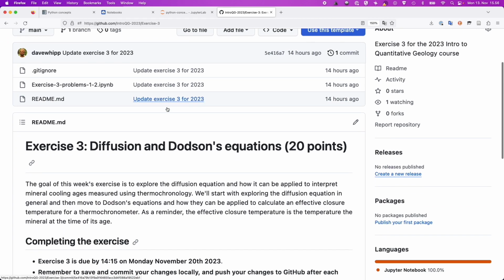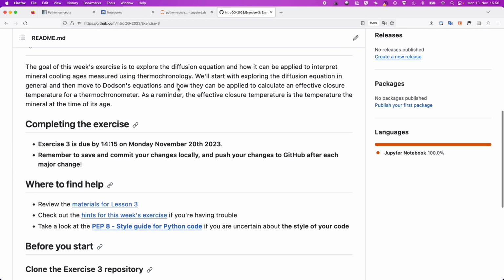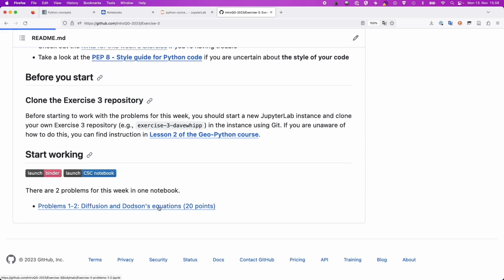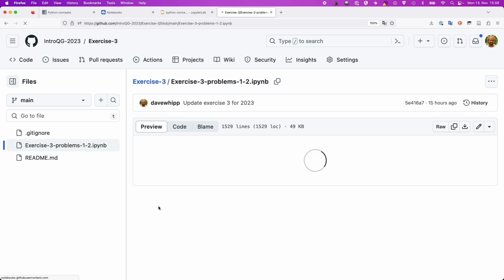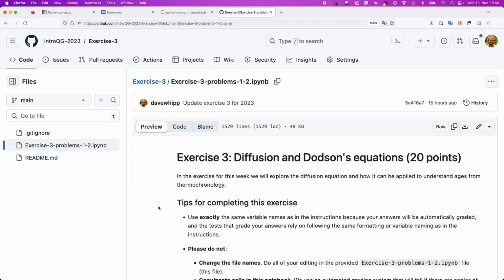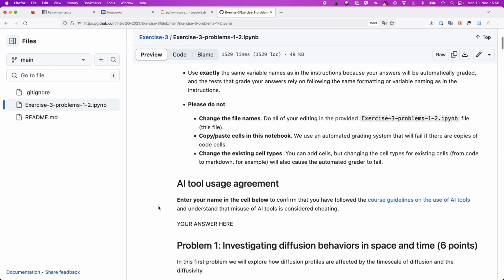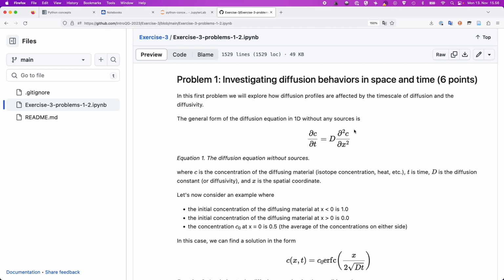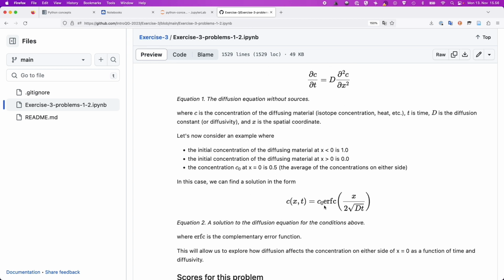week's exercise. As you might imagine, it's about diffusion and Dodson's equations. There's two problems. The first problem is basically just looking at a solution to the diffusion equation to get some idea of how it works and how things like the diffusion constant affect the diffusion process. So you start here with an example of the diffusion equation, and then you're given a solution that uses this complementary error function. It's something you can find in the SciPy package,